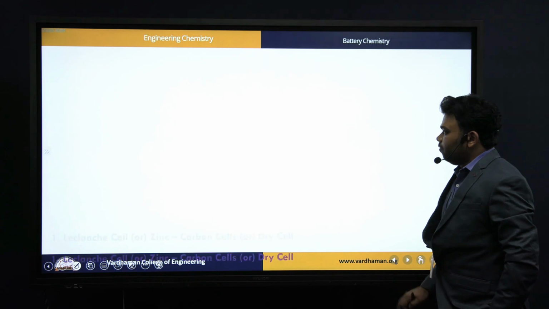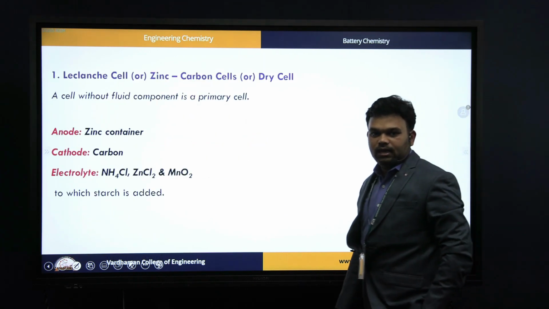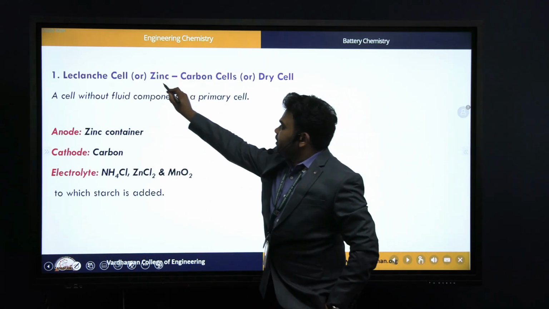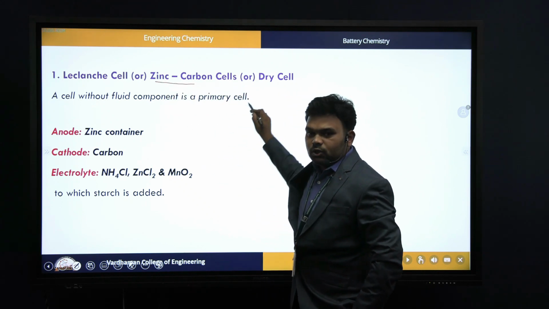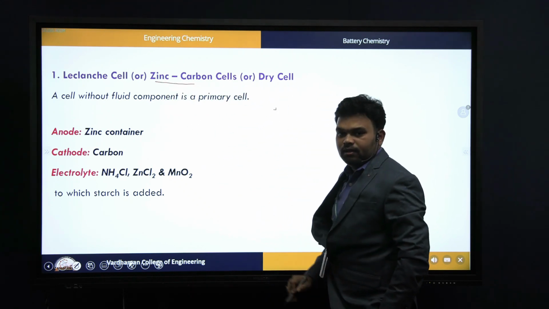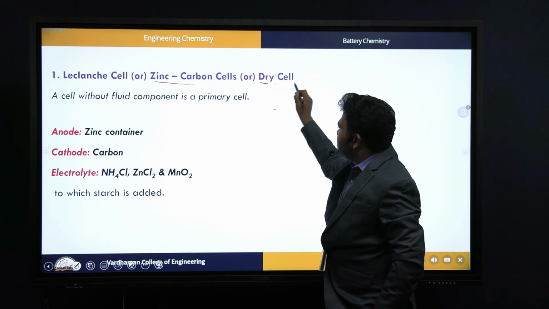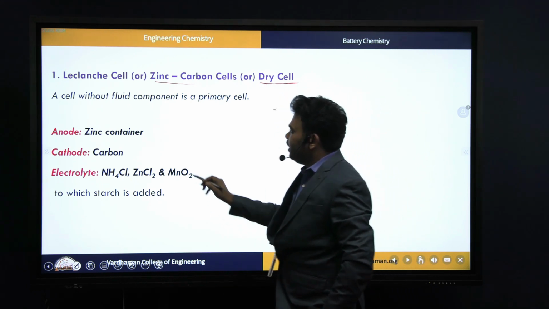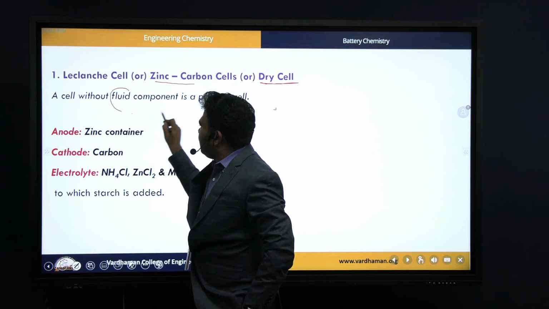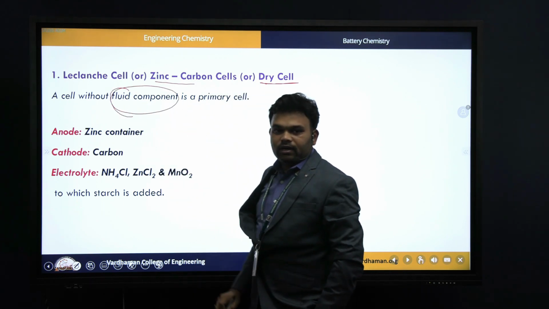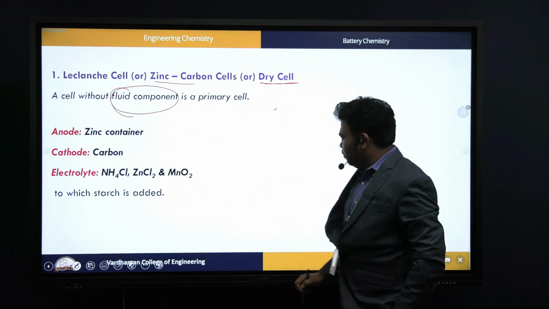Now we'll move to the Leclanche cell, which is also called the zinc carbon cell, and also called the dry cell. As we are discussing, this is called a dry cell, right? The dry cell means a cell without a fluid component, without liquid, which we can consider as a dry cell here. If we move to the construction,